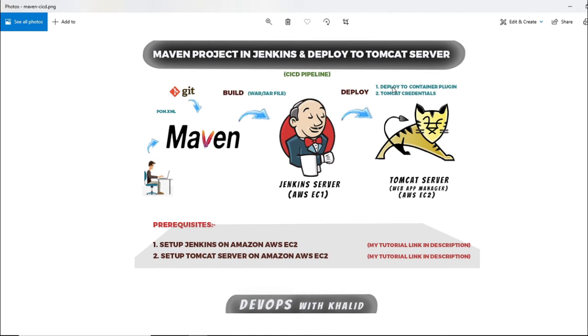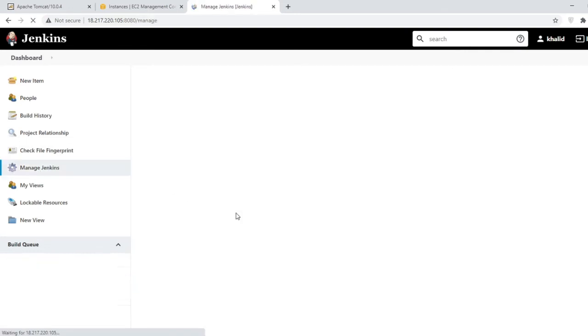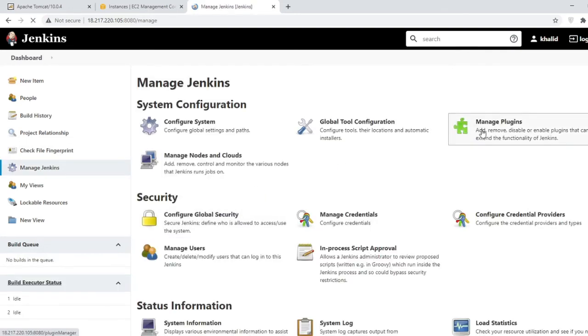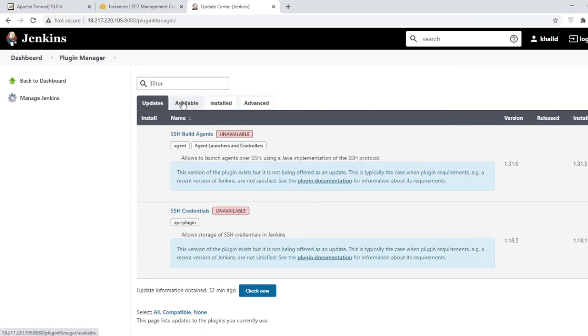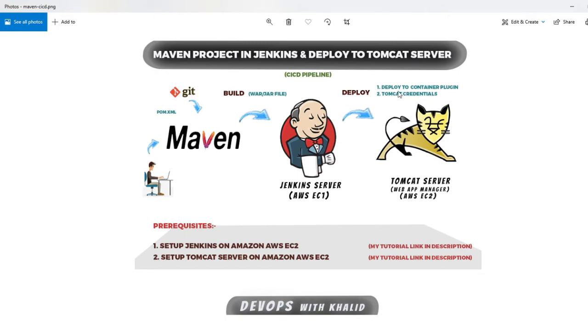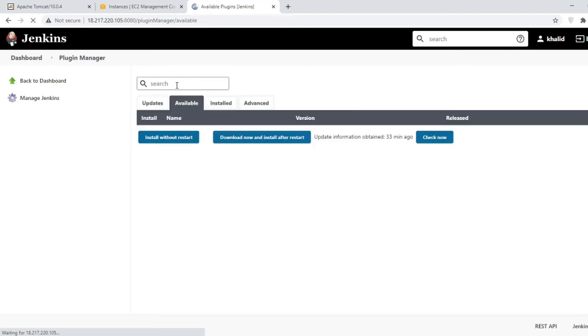So, beginning with the first step, which is the Deploy to Container plugin, basically it's to install this plugin. So I'm going to Jenkins. To install the plugin, I'll first go to Manage Jenkins. Then I'll click on Manage Plugins. Here I will search for the plugin name, which is Deploy to Container plugin. So I'll search in the Available tab and write